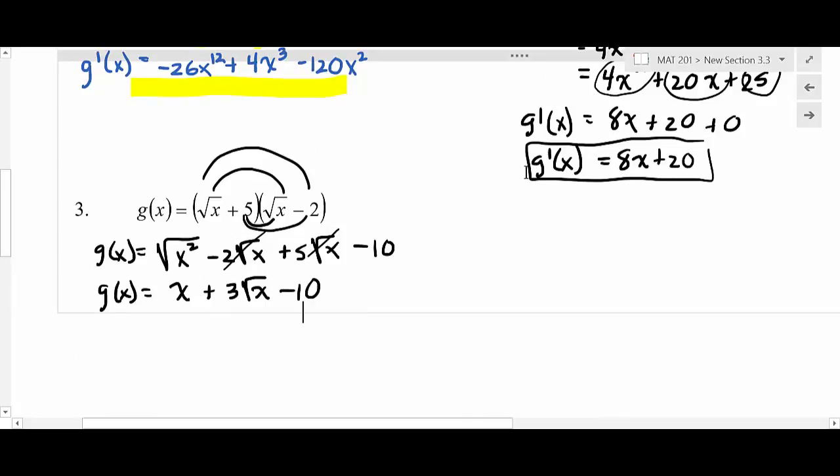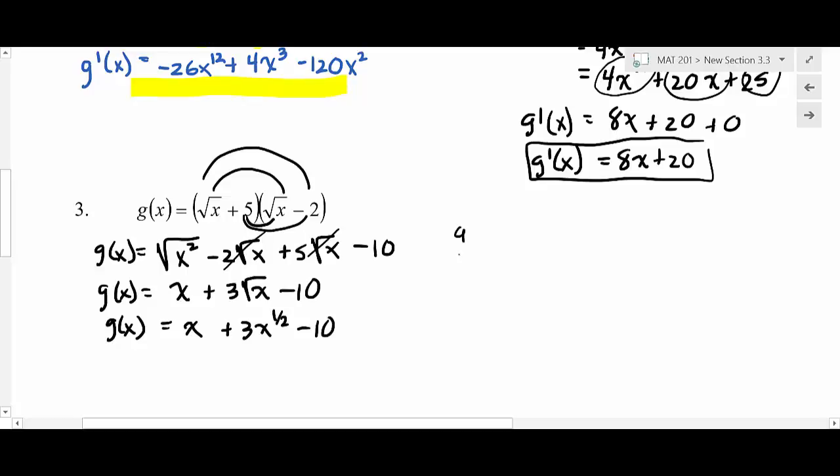Okay, what do I need to do with that square root of x before I do a derivative? Change it into a 1/2 power. Good. Okay, so you got to do that. So from here, I'm going to go ahead and just write this as g of x equals x plus 3x to the 1/2 minus 10. Now we're ready to do our